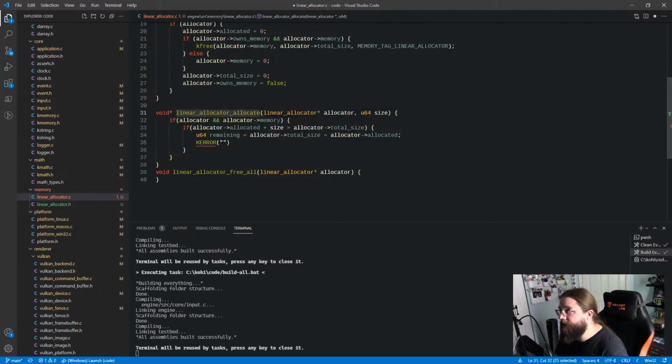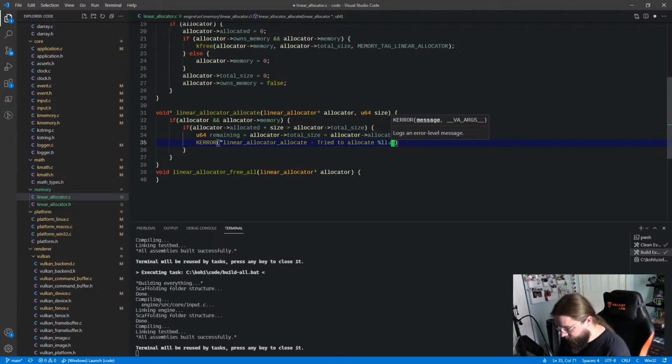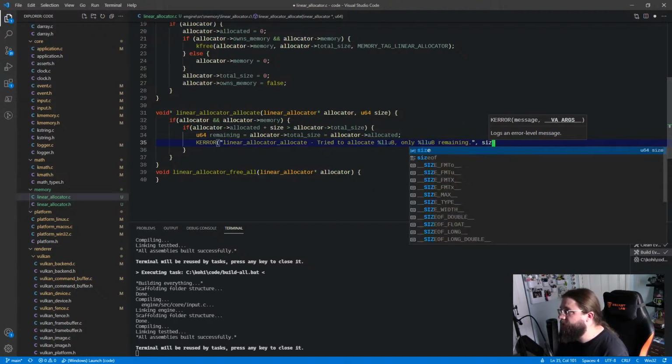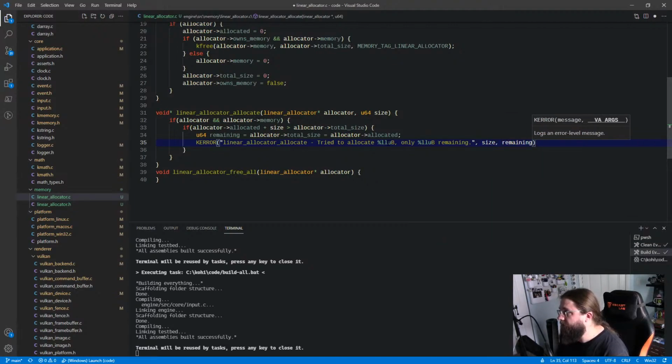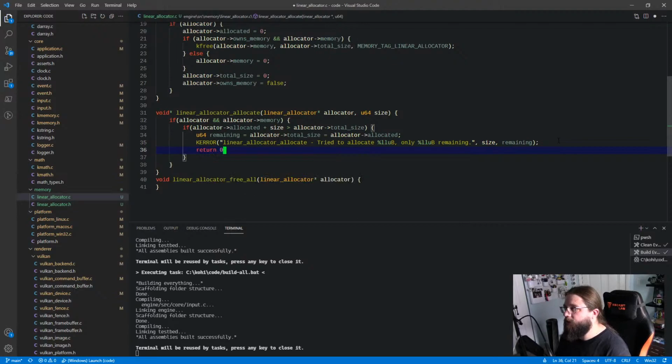So I'll say linear allocator allocate tried to allocate, and I'll put LLU, that's the token for a 64-bit unsigned integer, bytes only, and then LLU remaining. So this is going to take size and remaining. In other words, it's going to say we tried to allocate this many bytes, we only have this much left. And then we're going to return 0,